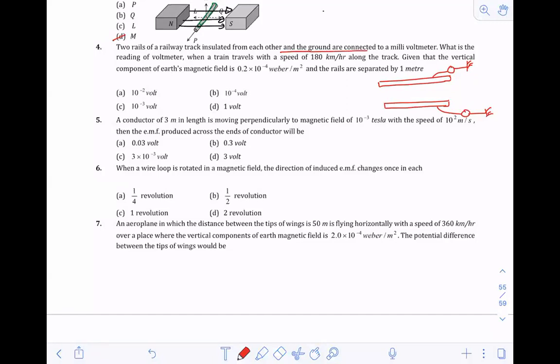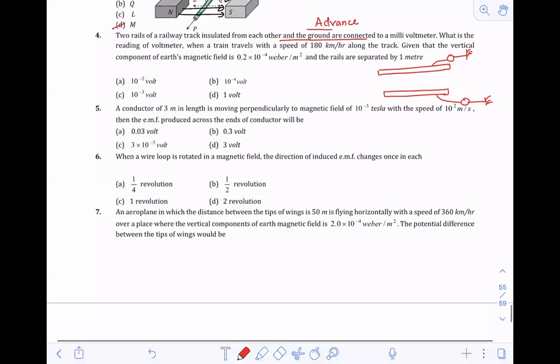When we connect a voltmeter to ground, what happens in that situation? I want to explain you that. Why do I want to explain? Because a question was asked in advance based on this. In JEE Advanced, only one question was asked using this concept. That's why I want to take this question, to explain you that point.